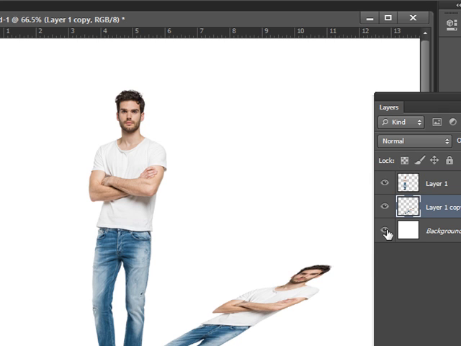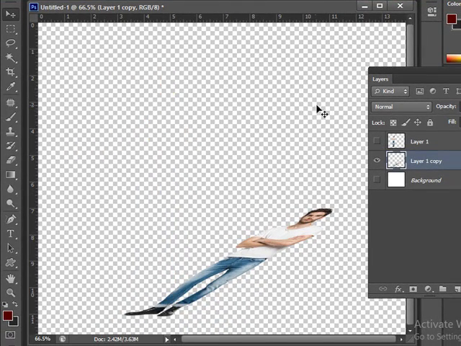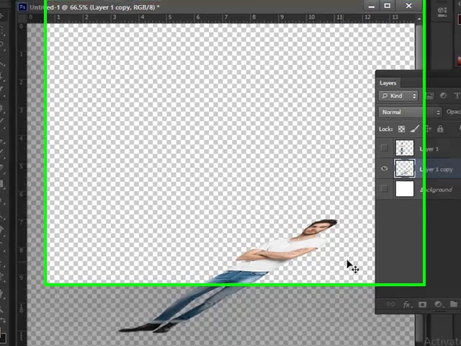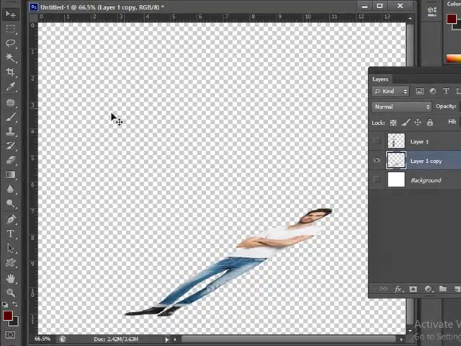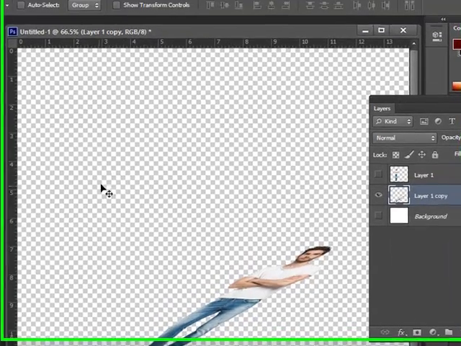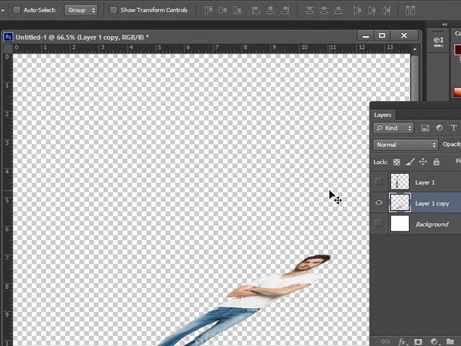Now I just disable this background eye and your original image eye also. Now this area is called your transparent area. If you click here, this transparent area will be locked. That means even if you try to fill it with color, you will not be able to do so.